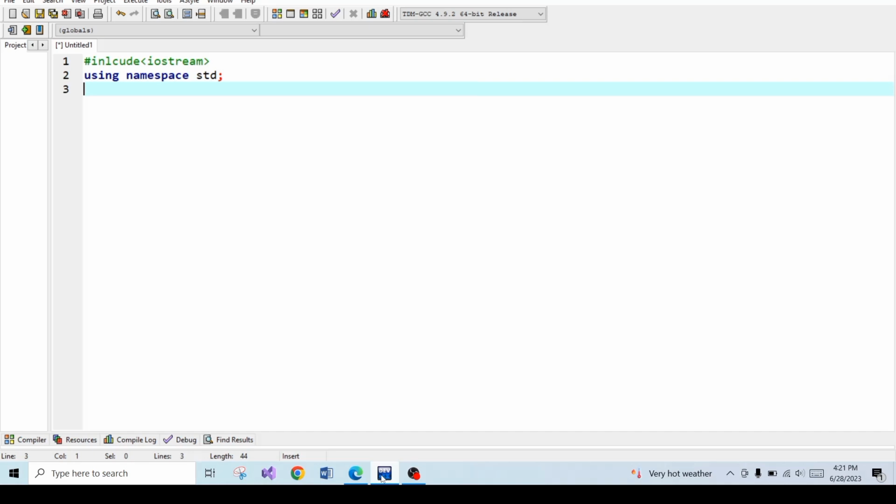So, implementing a calculation loop to allow the user to perform multiple calculations. We will use a do while loop. This loop will execute at least once and continue as long as the user wants to perform additional calculations. Let's implement our code